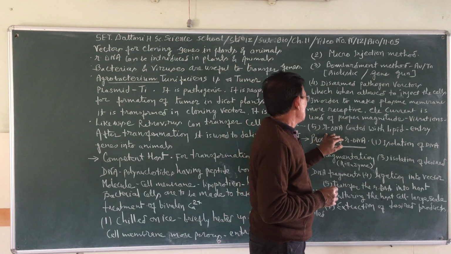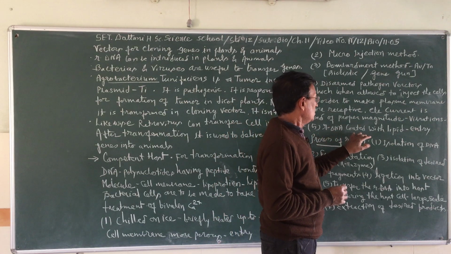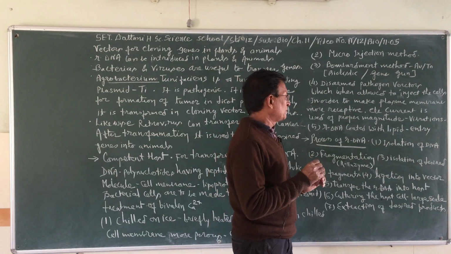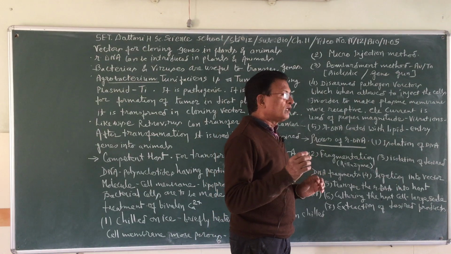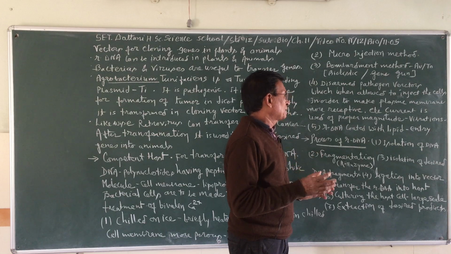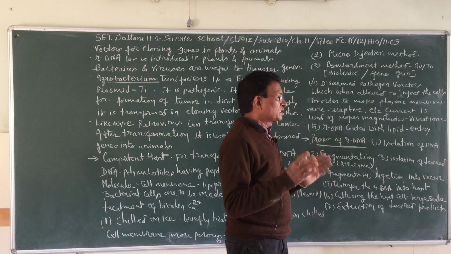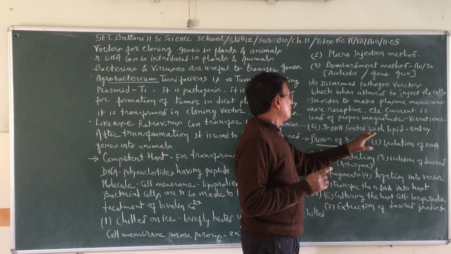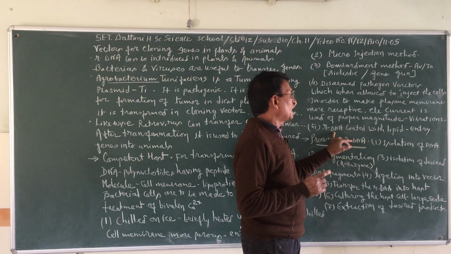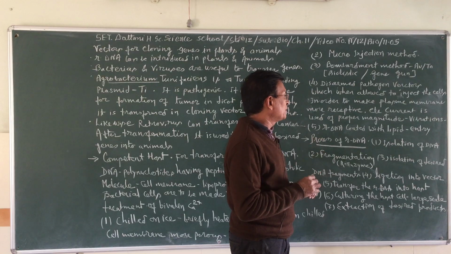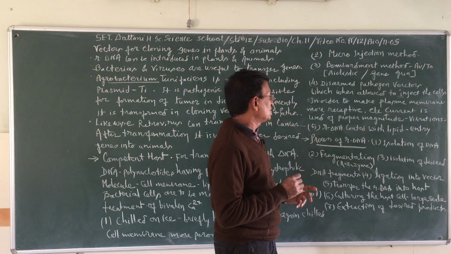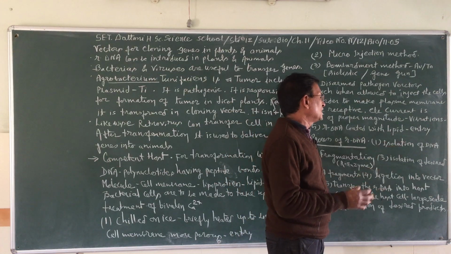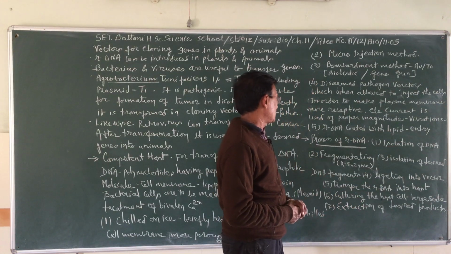The fifth one is rDNA coated with lipid. You know that if lipid particles are present, they will easily be accepted by the cell membrane, but it should have a lipid-like structure. So for that purpose, this rDNA is coated with lipid. So now it is not hydrophilic. So the cell membrane itself will give entry to such particles.